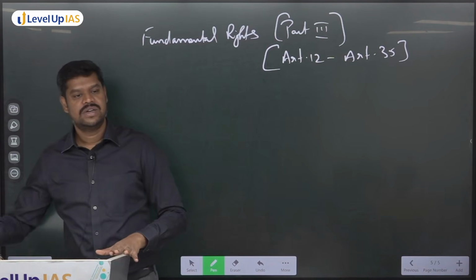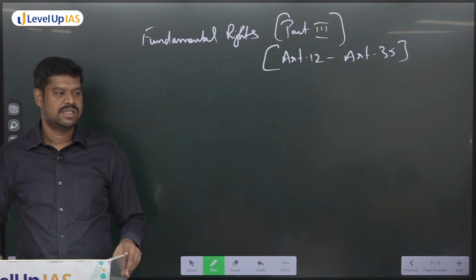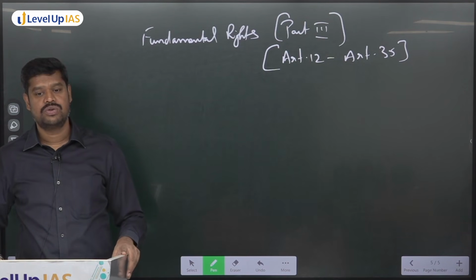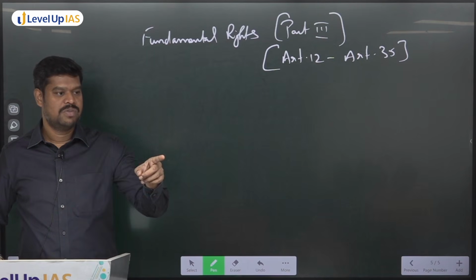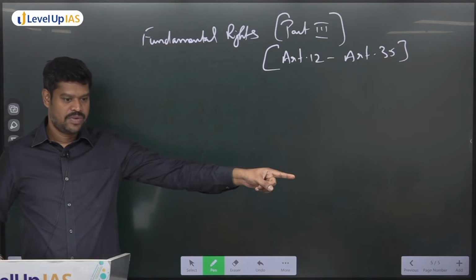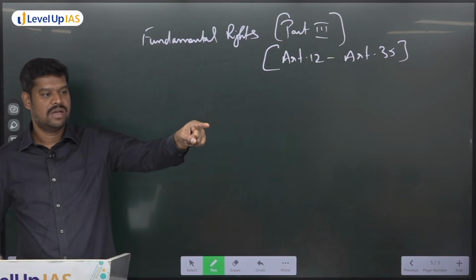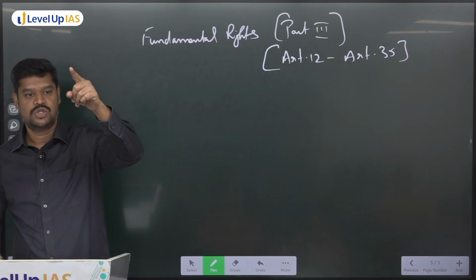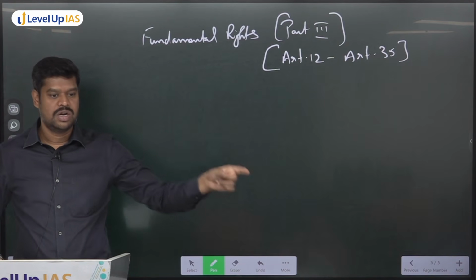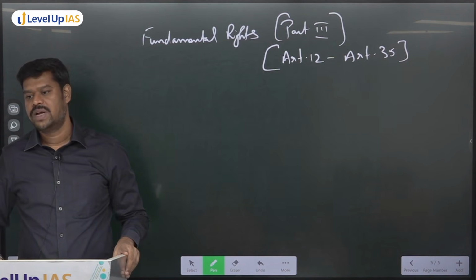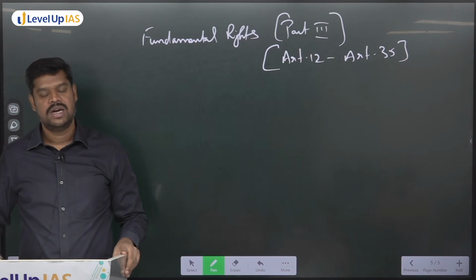So the basic difference is that by placing certain rights in part 3 of the constitution, the affected citizen or individual is empowered to directly approach the Supreme Court of India. But for your consumer rights, you have to go to the consumer court, and based on the judgment given by the consumer court, you can appeal in the High Court, and then make an appeal in the Supreme Court of India. So for the other rights to get enforced, you have to follow the ordinary hierarchy of courts. Whereas in case of violation of your fundamental right, you can directly approach the